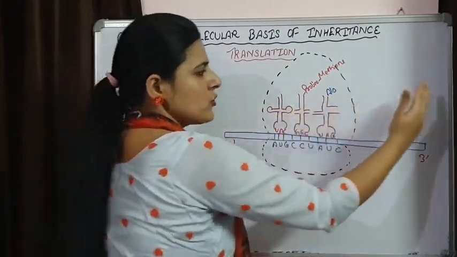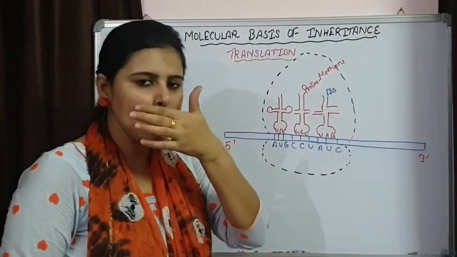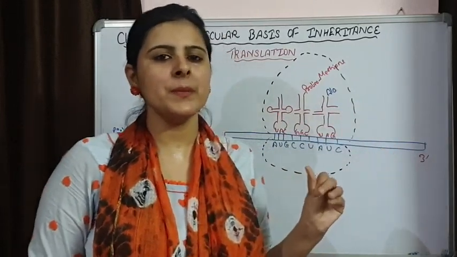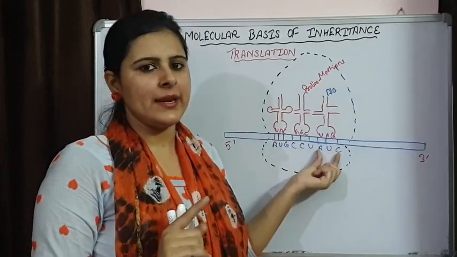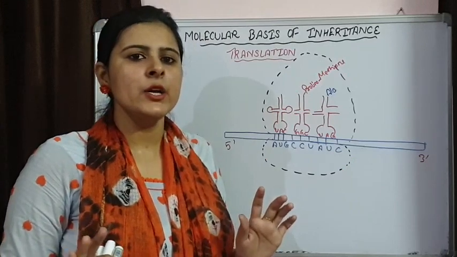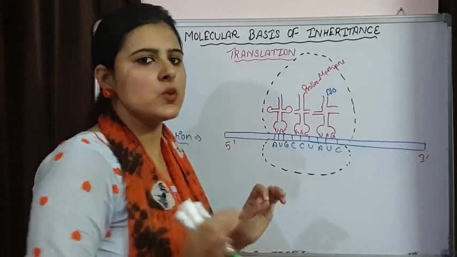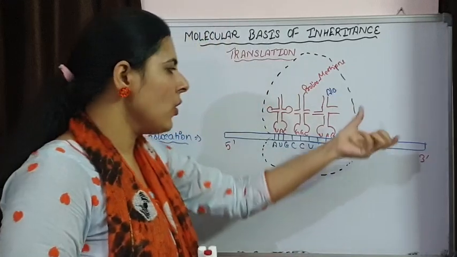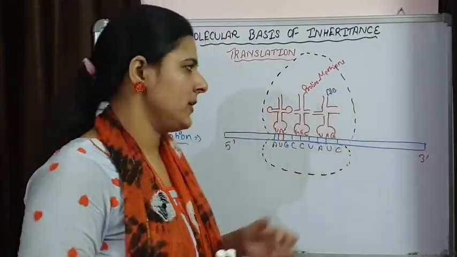As the ribosome is going to move, this mRNA is moving in 5' to 3' direction, and during the translocation of ribosome, always remember each and every codon is going to come at the A site, and this single ribosome is having the ability to help in the addition of all the amino acids. It is going to read all the codons that are present on the mRNA, and all the amino acids will be added to a polypeptide chain.